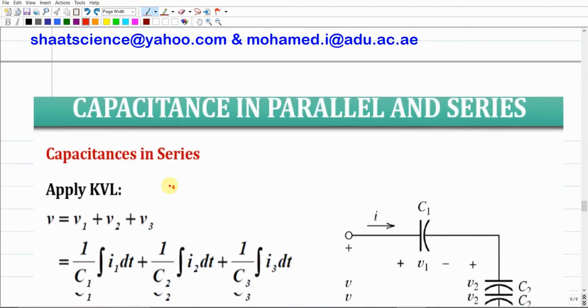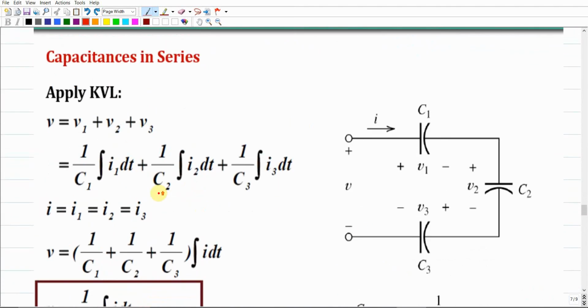Okay, it seems that this is in series. When they are already located in series, if we apply the Kirchhoff voltage law over this electrical circuit, and I'm going to give you an example in this case of how we can apply Kirchhoff voltage law for multiple capacitances. But anyway, we can combine all of these capacitors into just one capacitor, and we end up with an equivalent electrical circuit with a voltage